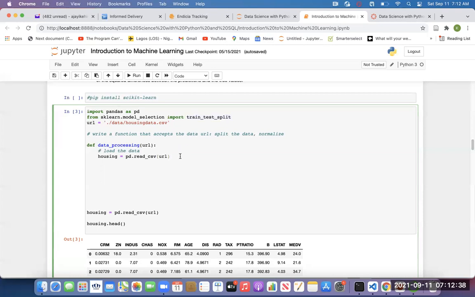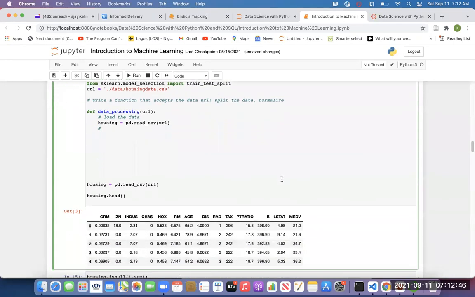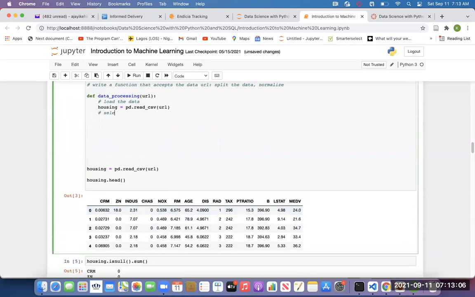All right. So the first thing we'll do, so we want to split the data. Even before that, because this data has the targets there, we need to find a way to remove the target from it, like separate it, so that we have features, that is the variables, and we have the targets separately. So we need to remove this target column, this MEDV, from the entire data, okay? So select the features and the targets from the data.